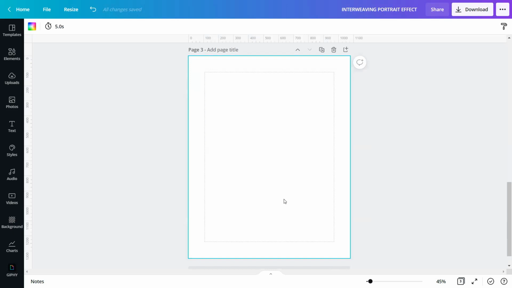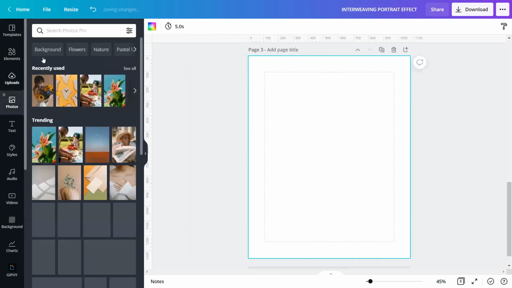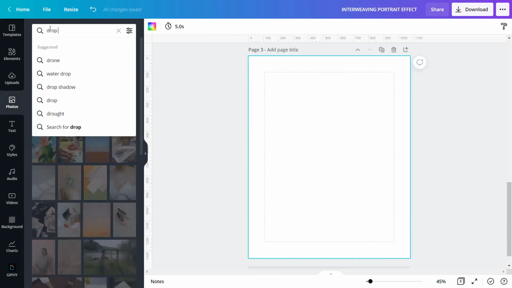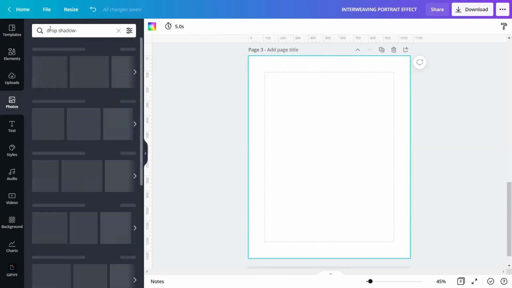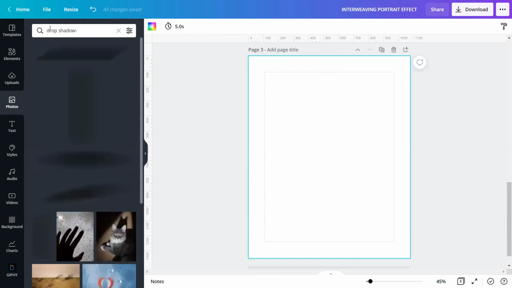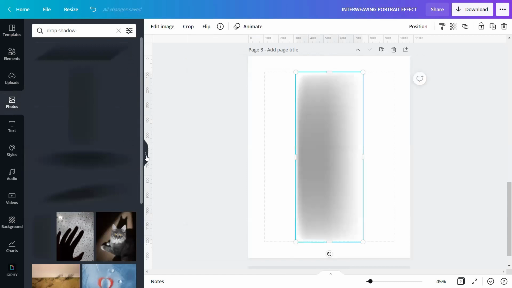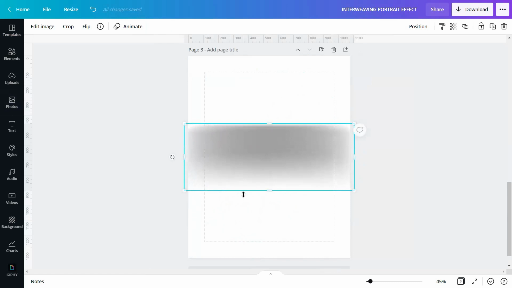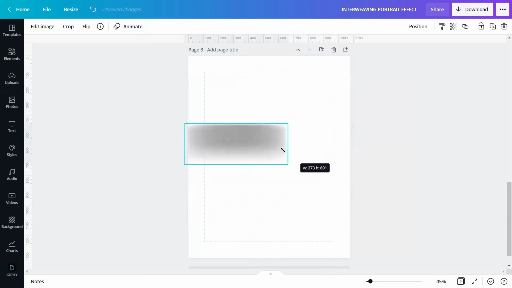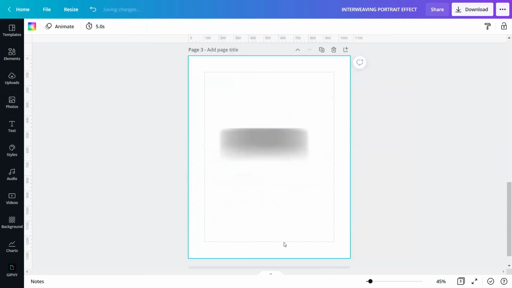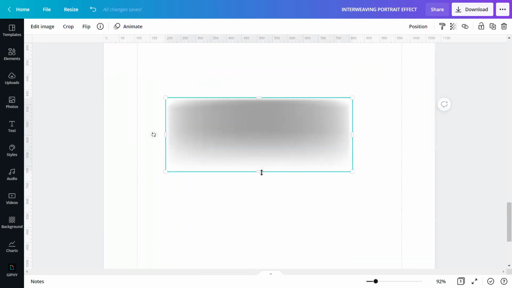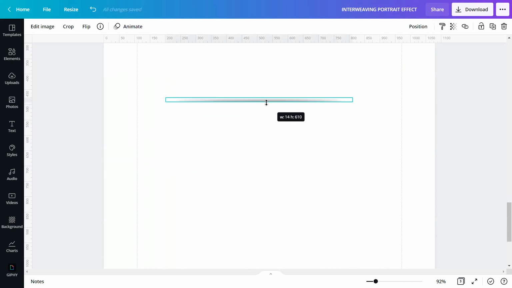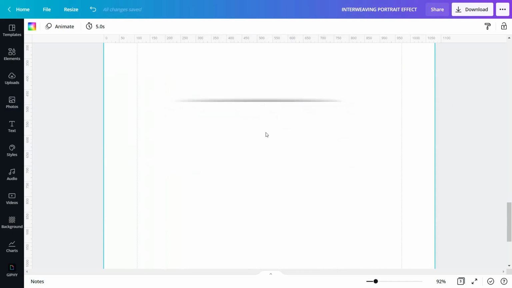I search for drop shadow under photos. Go to photos and search for drop shadow. You have many kinds of drop shadow to choose from. I will search and find this one, the second one. I will rotate it clockwise, 90 degrees, like this. Then, I will crop this drop shadow, crop it from down going upwards, like this one. Down going upwards. To create a look like the first one I showed you, I will duplicate it 2 times